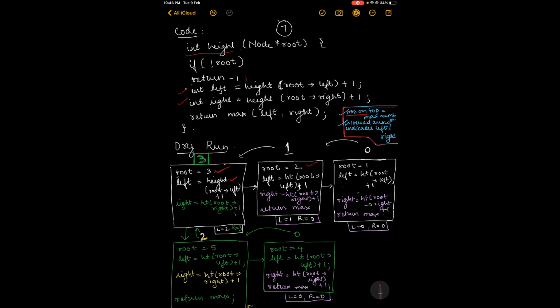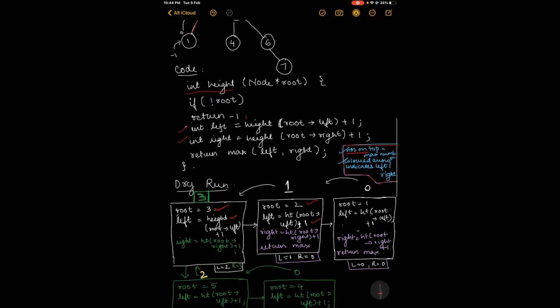Now root is equal to 2, left is equal to height, root left plus 1. Again, the recursive function height was called, and we immediately move to the next block. Do not follow the green or the pink areas, that is not what I'm covering right now. Please follow the one that is written in white.